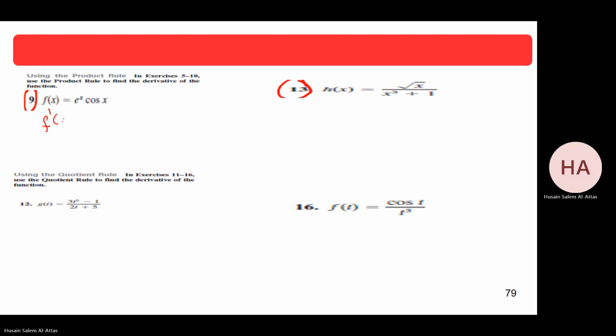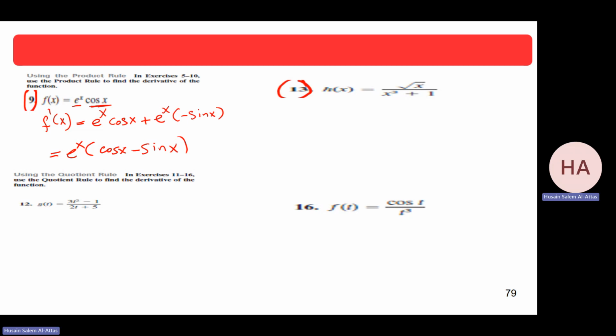So f prime will be the derivative of the first, which is e to the power x times the second, plus the first times derivative of the second, which is minus sine x. So the answer is e^x times cosine x minus sine x. Okay, this group of problems where I need to use the quotient rule. In this one, we use the product rule. This one, we use the quotient rule, just basic ones, where I need to find the derivative of the quotient